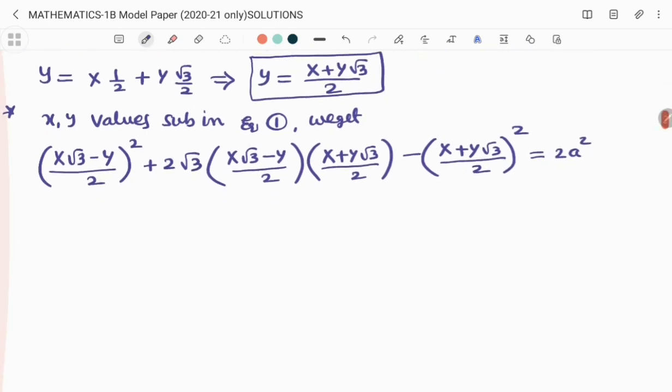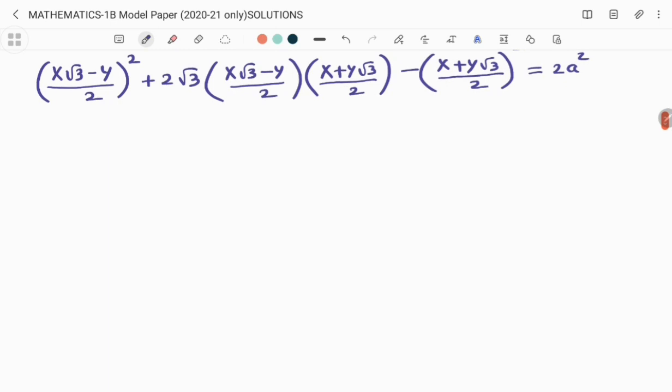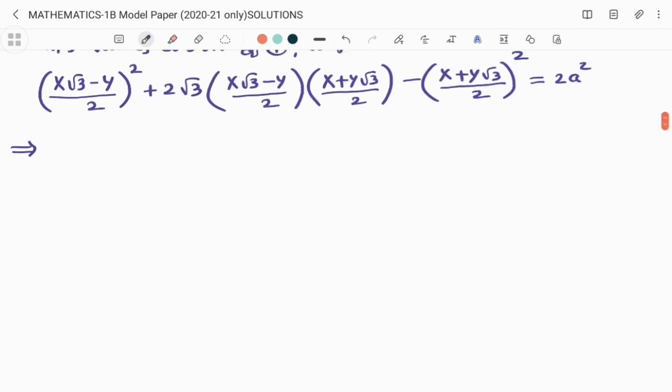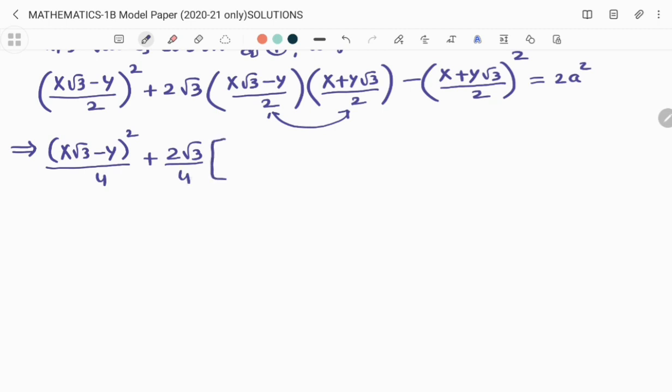Now step by step we will simplify. Here while simplifying also you have to follow my rules. My rules means it is not my rule. This is the way, if you go it will be easy. That is my intention to tell that. So here the numerator, (a minus b) whole square, so (X root 3 minus Y) whole square divided by 2 square means 4. We can keep it like this. 2 root 3 divided by 4, we can write it, but don't divide, you can leave it like this. After that keep bracket and do the actual multiplication.